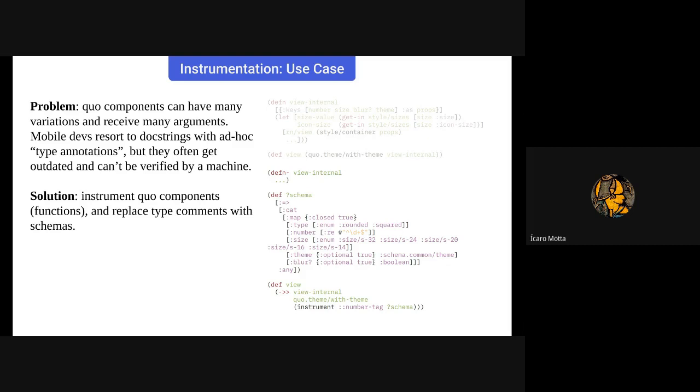It's not an integer. And you identify these things while you are trying to reverse engineer the arguments and the types and see, okay, what are the types and the possible values? It's quite interesting. The size is an enumerator as well, and theme is optional, and it's a custom enumerator. It's just an enumerator saying it's either light or dark. And when the public var is instrumented, we add a namespace keyword named number tag,